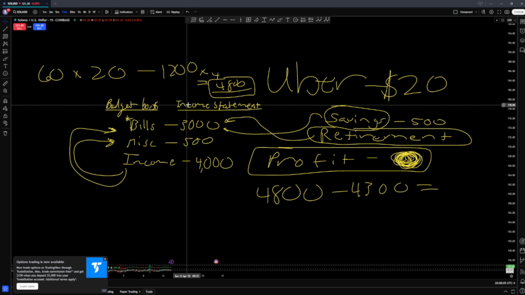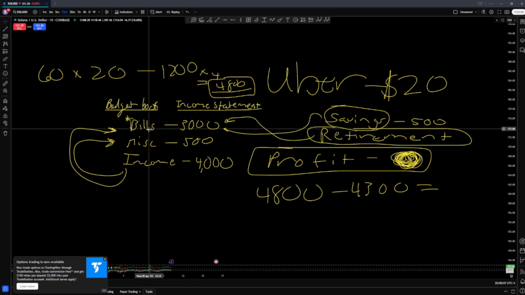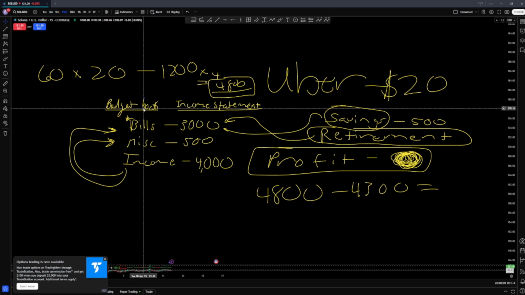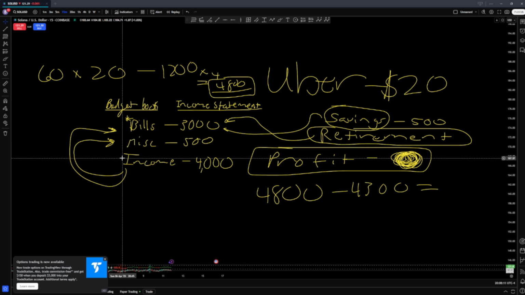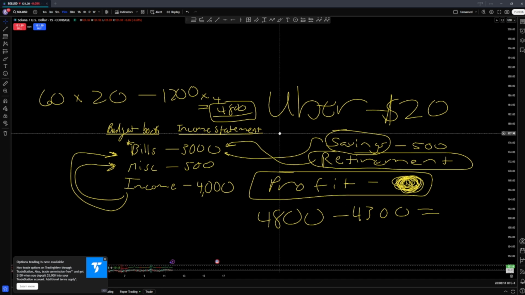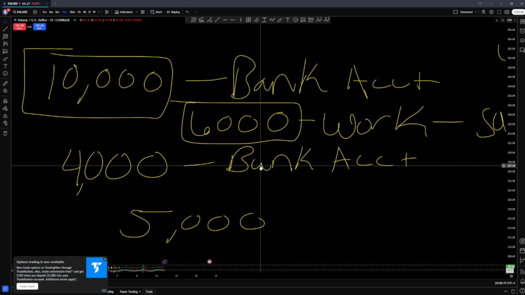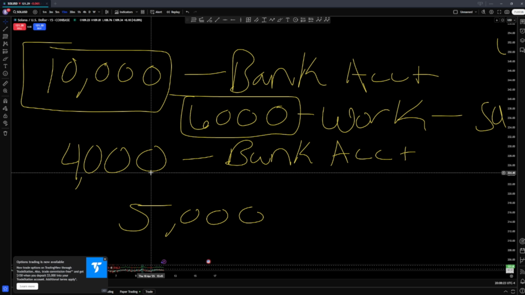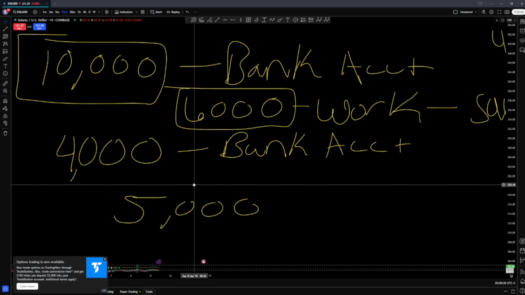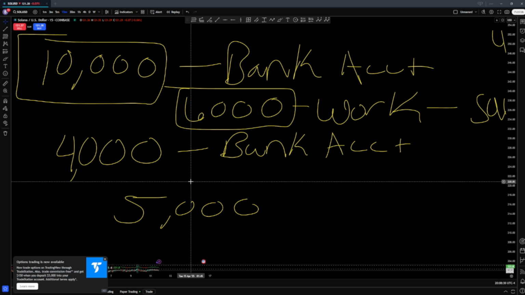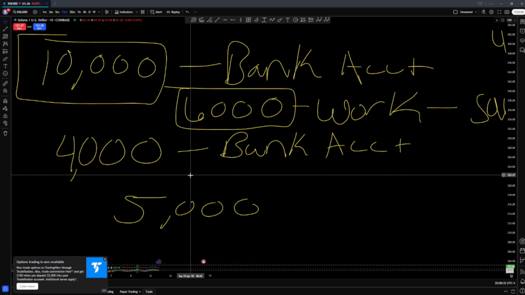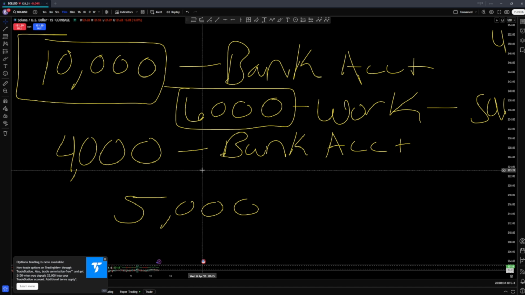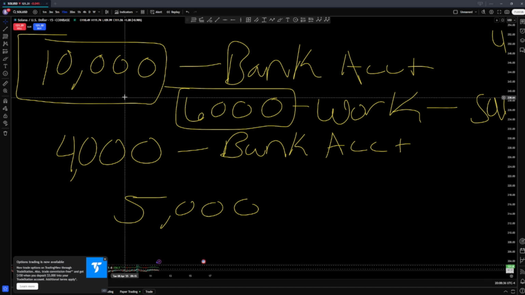In accounting, they call it an income statement. This is your budget book, all right? You also move this on your budget app, okay? I believe you should have both. If you only have 4,000 in expenses, you should only have 4,000 in your bank account. If you want room for error, 5,000. Put $1,000 over it. If you really feel unsure, depending on your money behaviors, you could do $6,000, but you don't need 10 grand, bro.